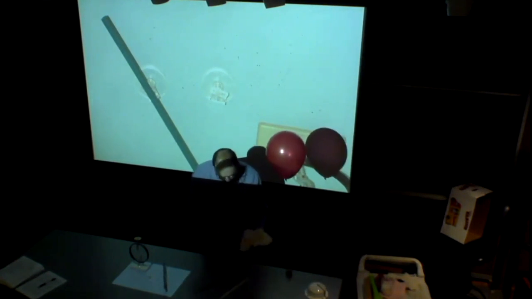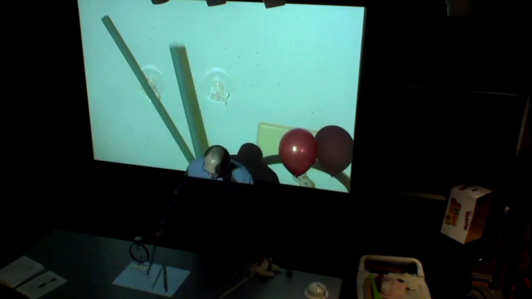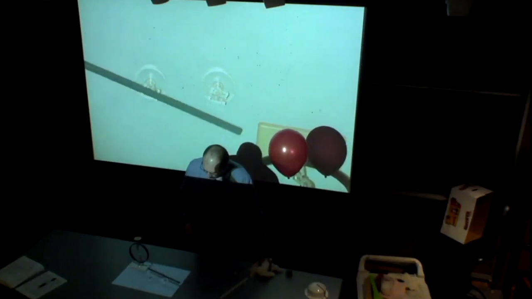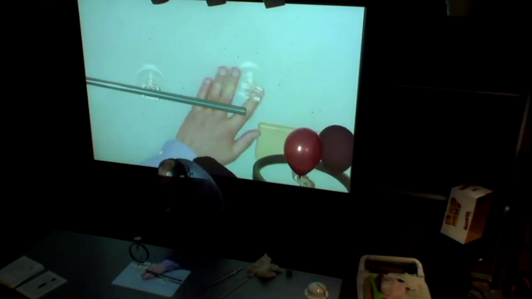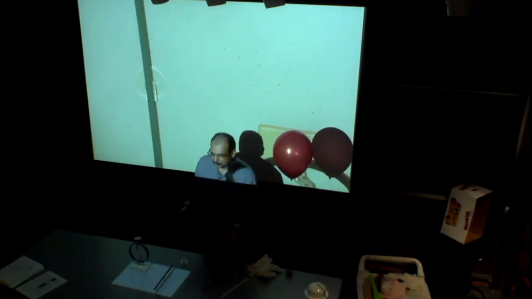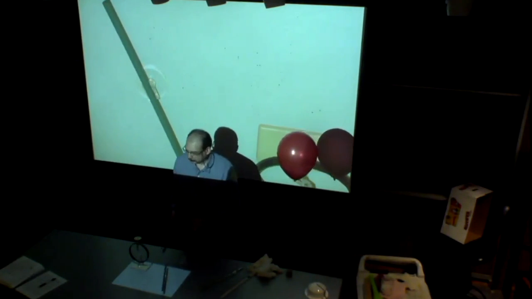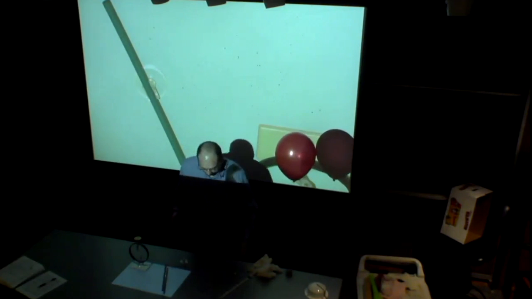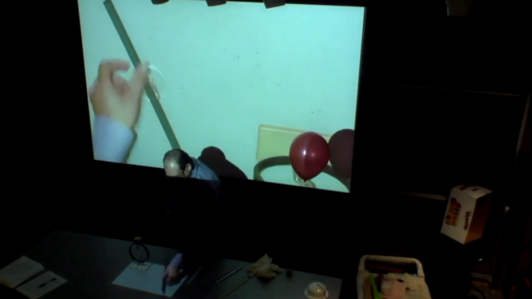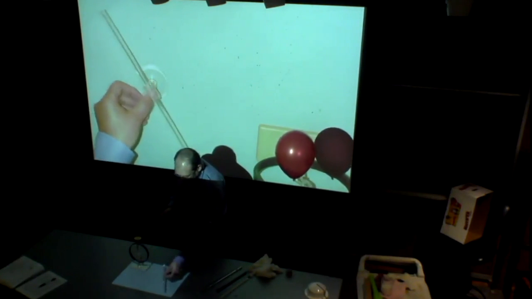Now let's see this one again. Let's check. All right. Now let's see what's going to happen if I put these two together. At least try. How do we call this? Repulsion. They repel each other. That's what it is, repulsion. And we saw attraction, and we saw repulsion. And if we try different experiments like this again and again, that's all we could see. Only either repulsion,